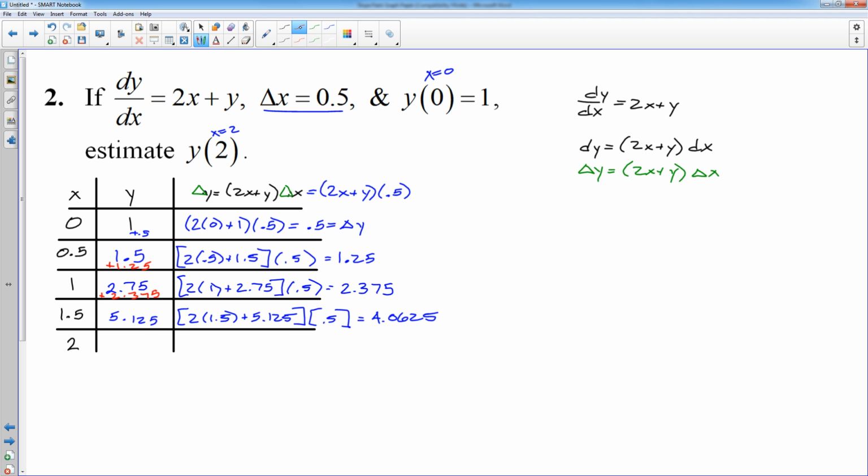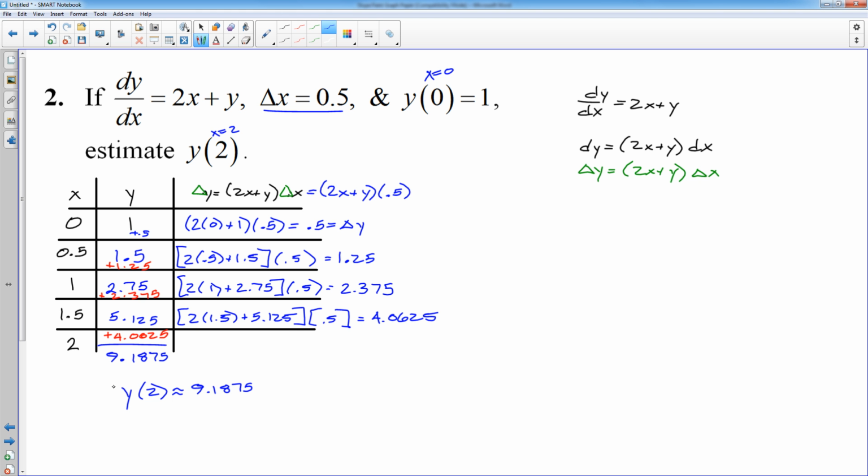And then finally, our answer is going to be whatever this is plus 4.0625. And when you add those together, you get a final y coordinate of 9.1875. And that is what we are estimating y of 2 to be. So we'll say that my function's value at an x coordinate of 2 is approximately, it's not exact, but this is approximately